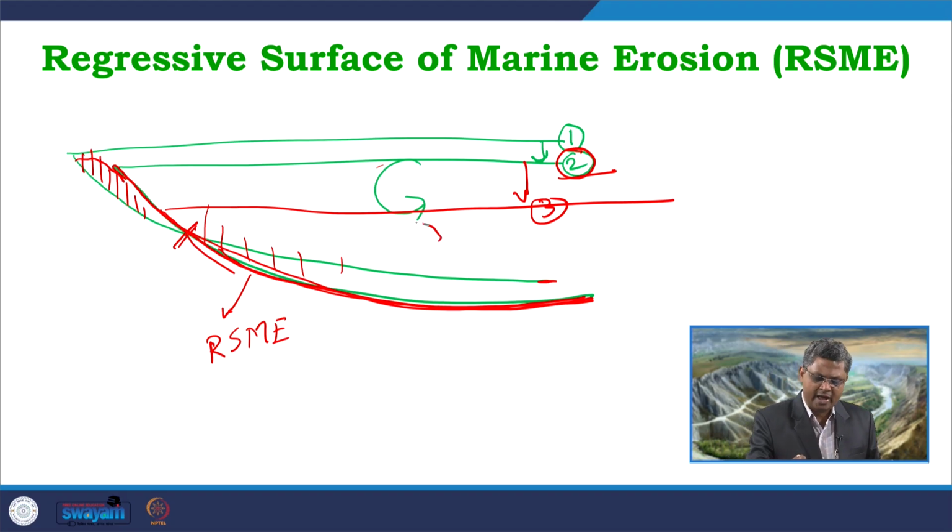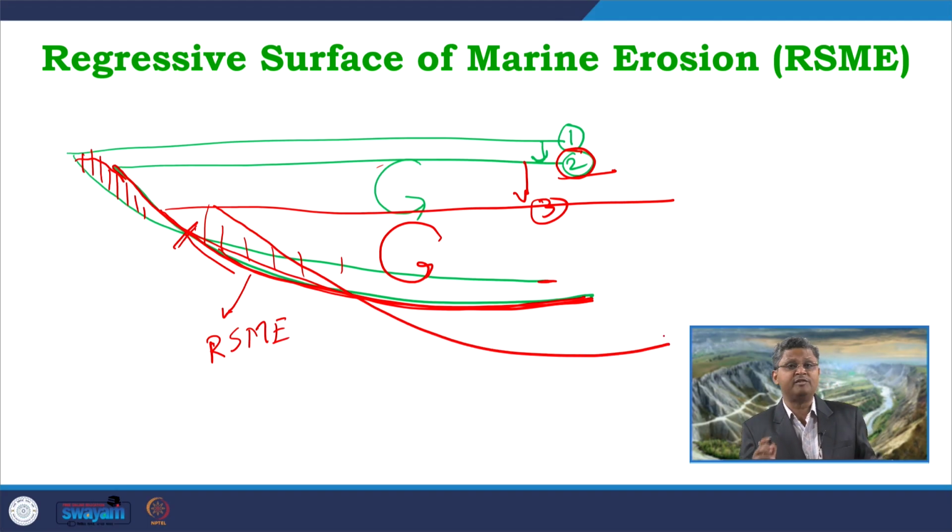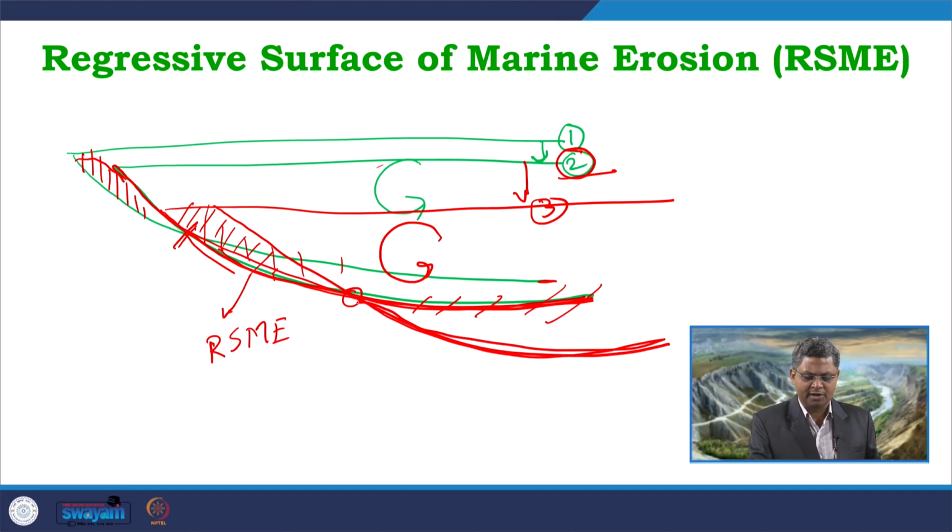For this level 3 we have a new wave energy condition, and that wave energy will lead to a new wave equilibrium profile like this. So, we get a new lever point formed over here. This much of the sediments, which were deposited under the previous condition, will remain preserved, will remain accumulated, but this will be eroded, and we get a new erosional surface formed over here. If the earlier one was RSME 1, this is the new erosional surface, RSME 2.